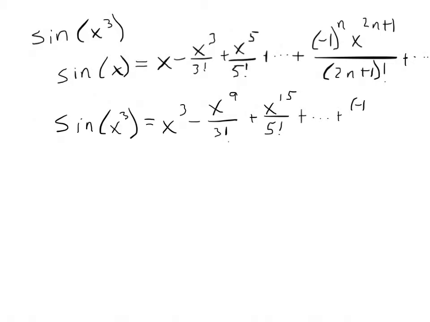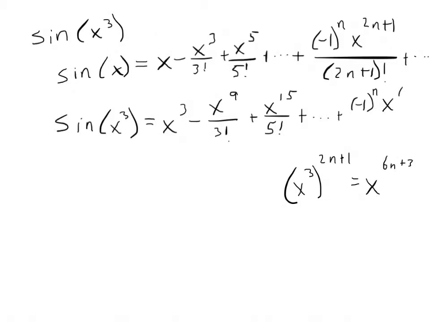let's see, this will be negative 1. And here's where it gets a little bit funky. This is negative 1 to the n. When I plug in x cubed here, I'm going to end up with, and I'm going to sort of write it down below, x cubed to the 2n plus 1. So we might choose to write that as x to the 6n plus 3. But the denominator is still 2n plus 1 factorial,